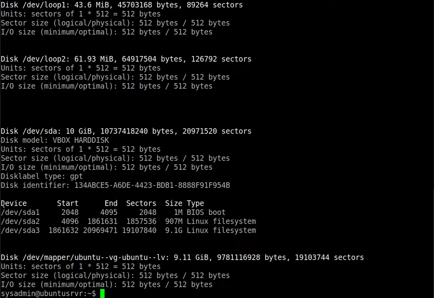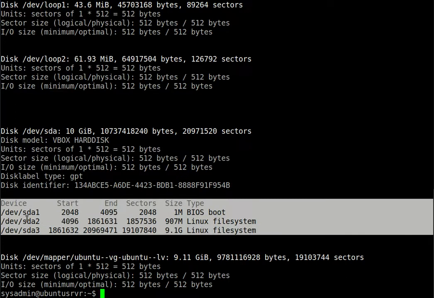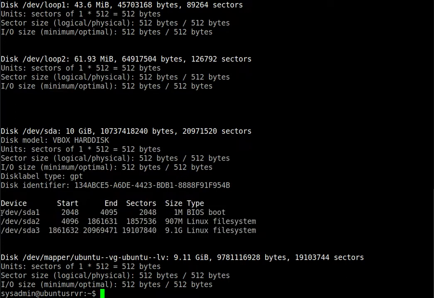And now it actually tells me where the partitions are located. So for example, the first partition is in /dev/sda1, the second partition /dev/sda2, and the third partition sda3. Okay, so this will show me a little bit more information than the parted command. It's just that with fdisk, it shows all the additional